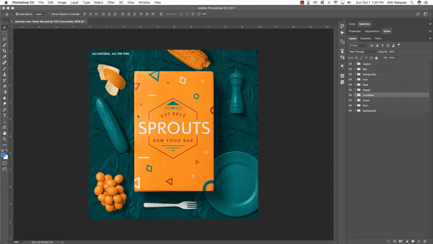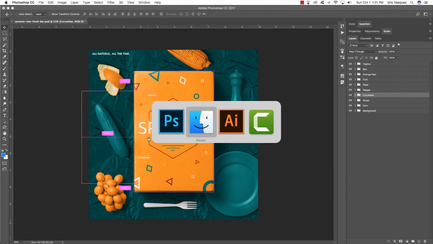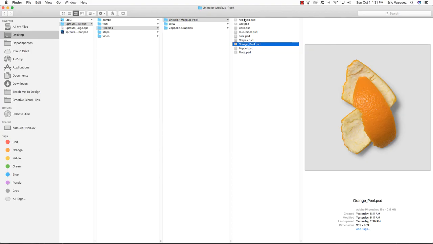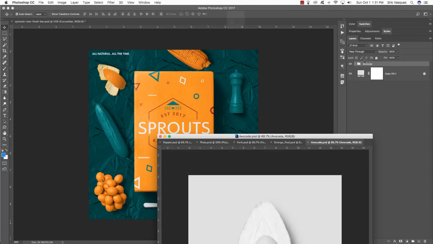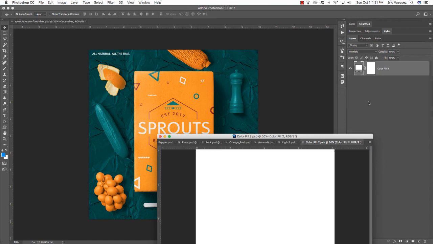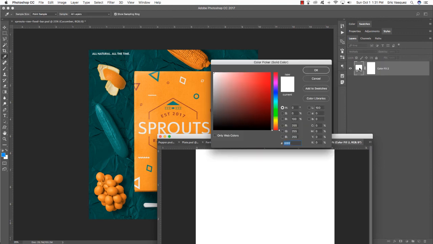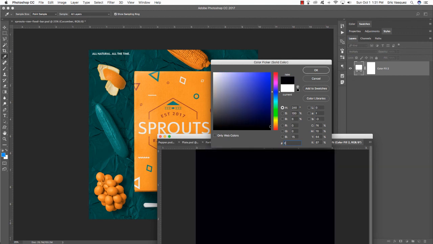All right, so as you go, don't be afraid to change the size and the placement of any of these objects here within your design. We just want to tweak this a little bit more and get everything to feel nice and balanced. So let's go ahead and grab our avocado PSD, come inside here, and we're actually going to change this one maybe to the orange that we used initially for our grapes and for the corn. All right, so if you remember, that was